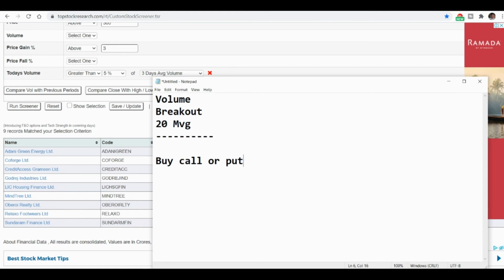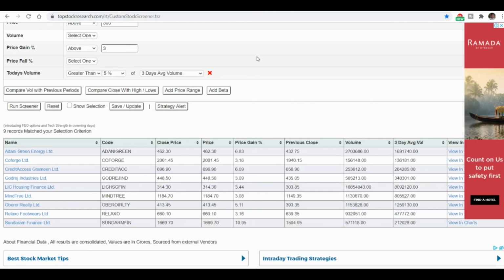So now the topic is, I think you got a better idea how to use these factors. This is a very good website where you can quickly, daily, before the market opens, see what happened yesterday on the stock, and come to some conclusion about what would happen today. So now the topic is over.